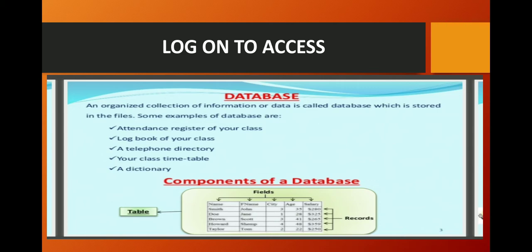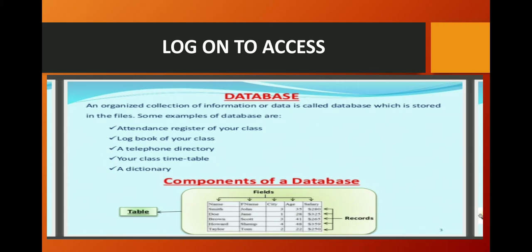It is very difficult to maintain a database manually when there are hundreds and thousands of records. The chances of making mistakes increase.